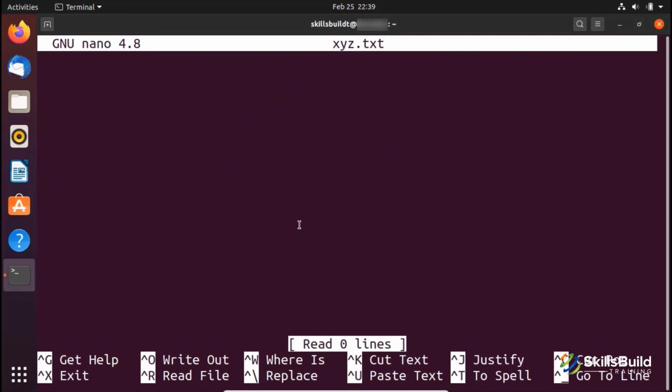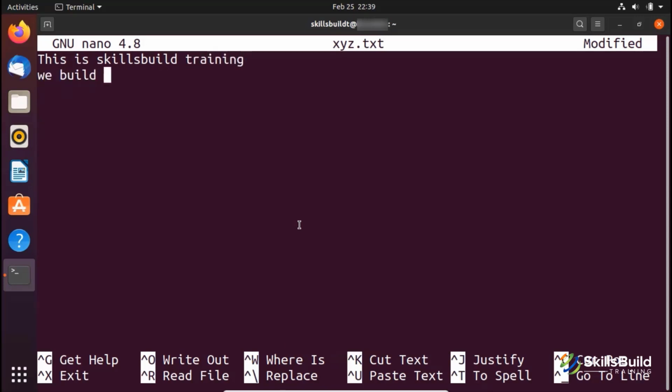Here you can see that xyz.txt is empty right now. So what I'm going to do is write something inside of it. So I write here, this is skills build training. We build IT careers. Now I want to save this into this file, which is xyz.txt. I would press